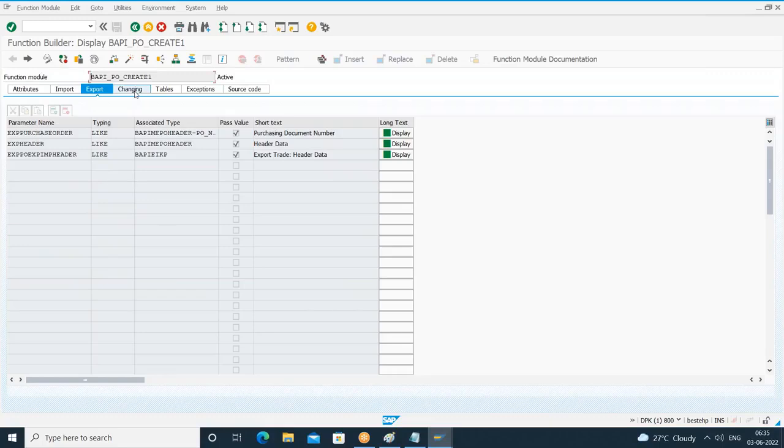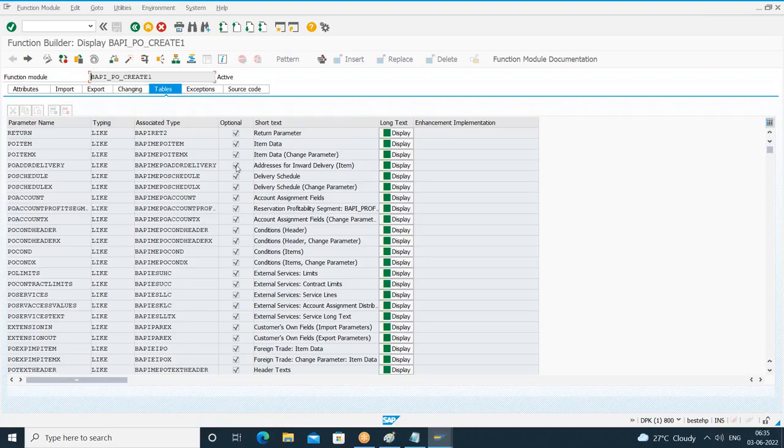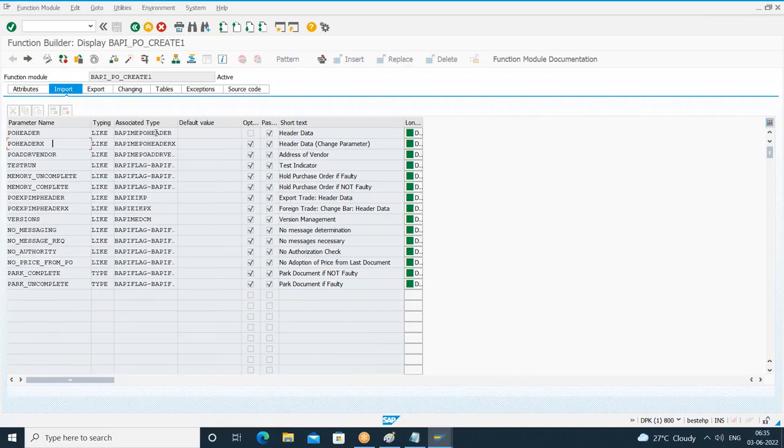Changing, nothing is there. If I go to tables, in the tables also all are optional. So initially I'll try to prepare only the mandatory parameters and pass the values for those parameters. Let's see whether it is sufficient to create the